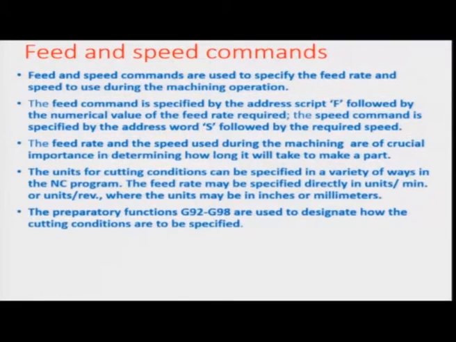These commands are used to specify the feed rate and the speed to be used during the machining operation. And the feed command is generally given by the letter F, and the speed command by the word S, and it is followed by the required speed, which can be mentioned as numerals. And if I say S20 or F20, it basically means that this 20 is mentioning the